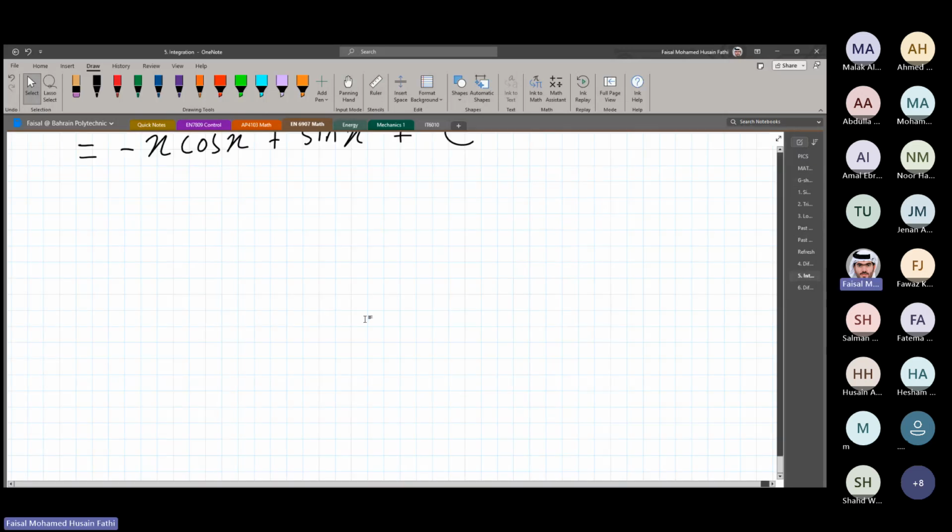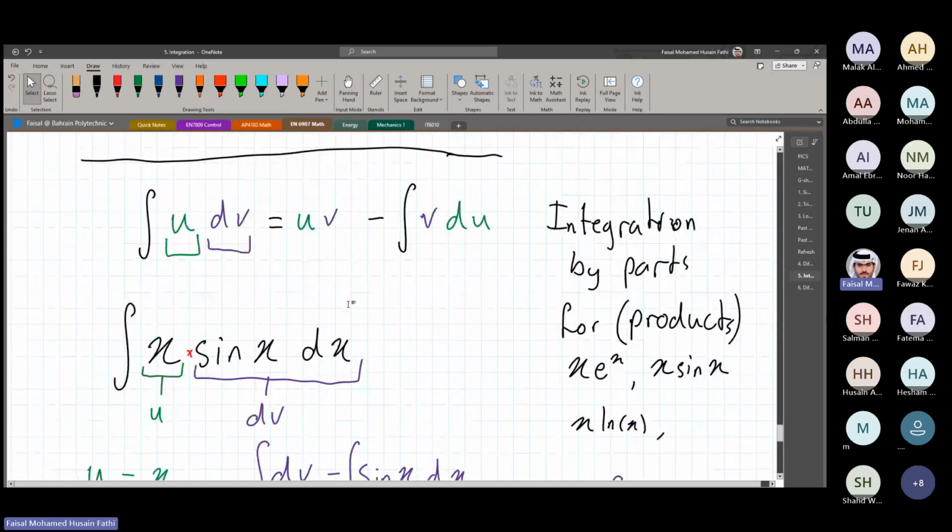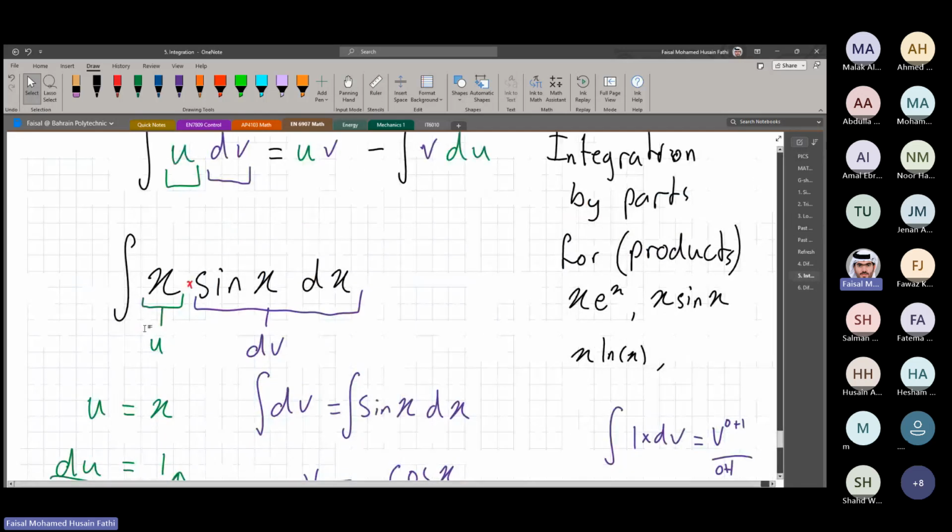So your question was, how do we know if we cannot use the by parts method? You cannot know how you cannot use the by parts method until you know how you can use it. If you have multiplication between two variables, you are using integration by parts, no matter what the situation is. If you have two variables being multiplied by each other, that you cannot directly multiply, like if you have a sine, if you have ln, if you have exponential, and it's being multiplied with x, in this case,